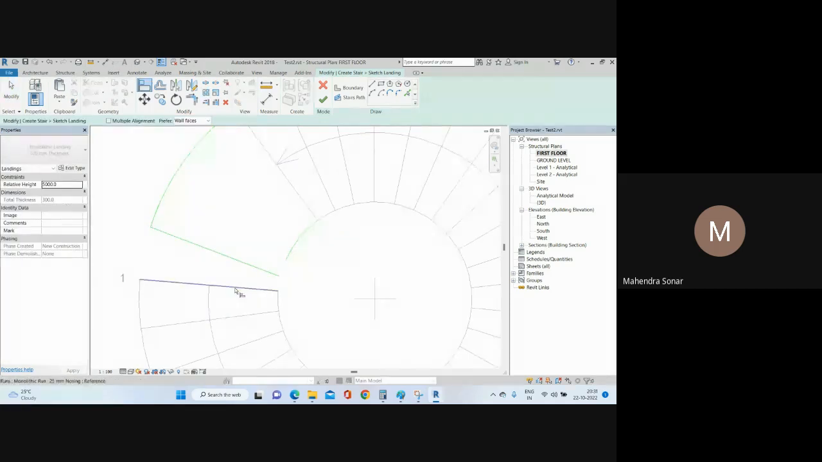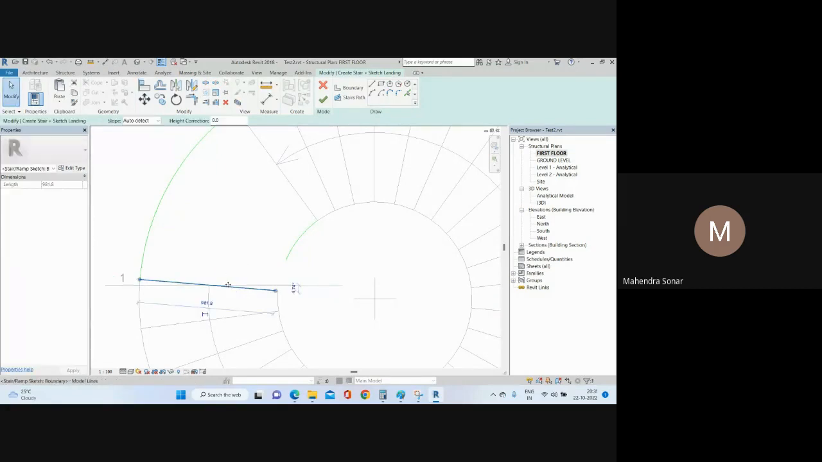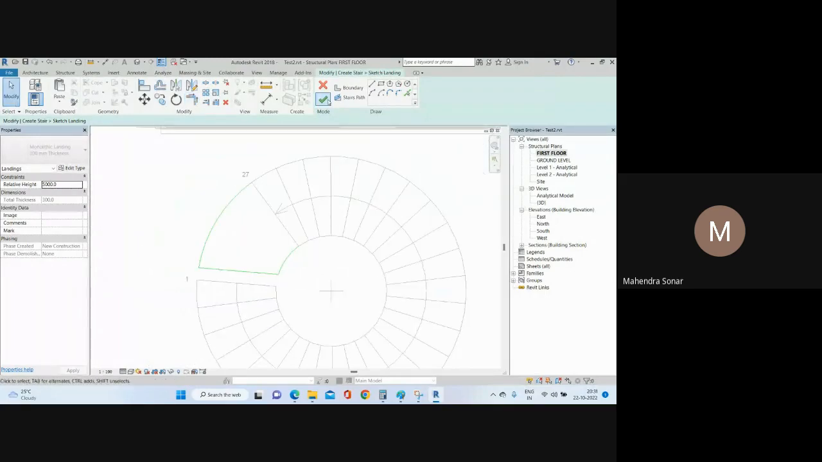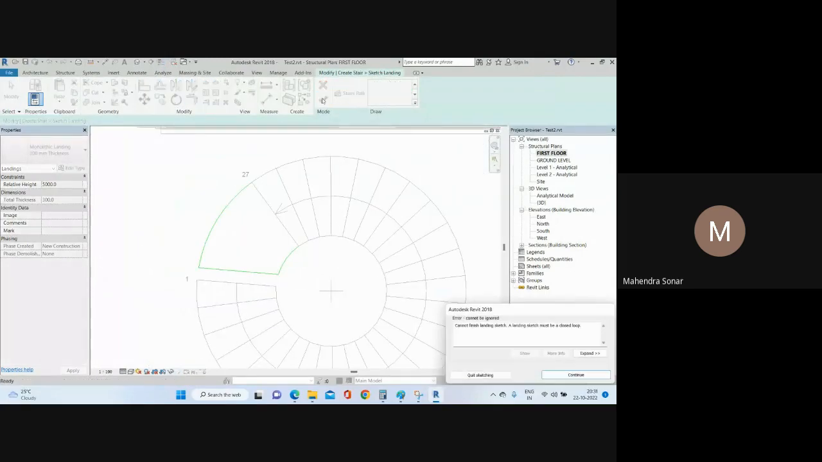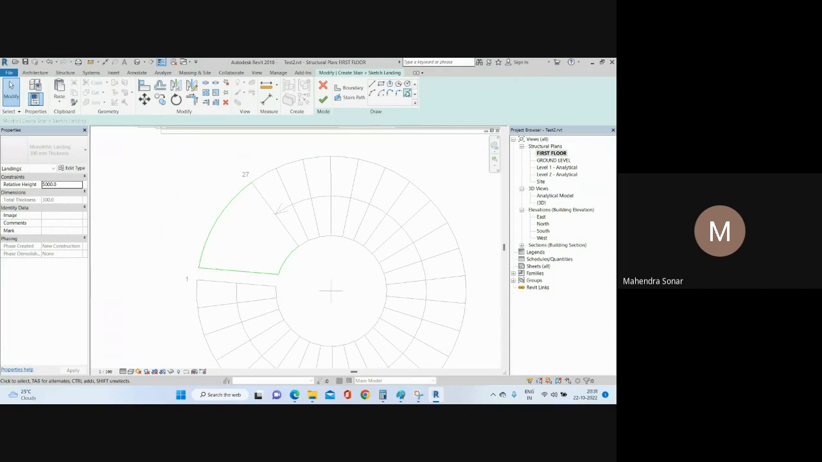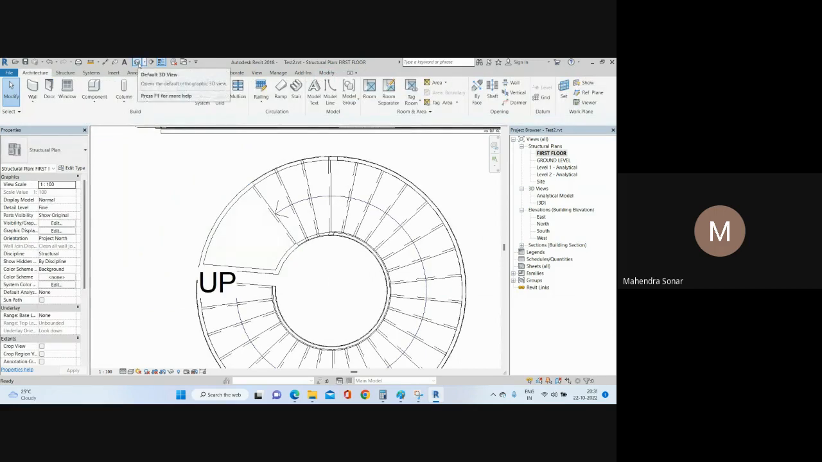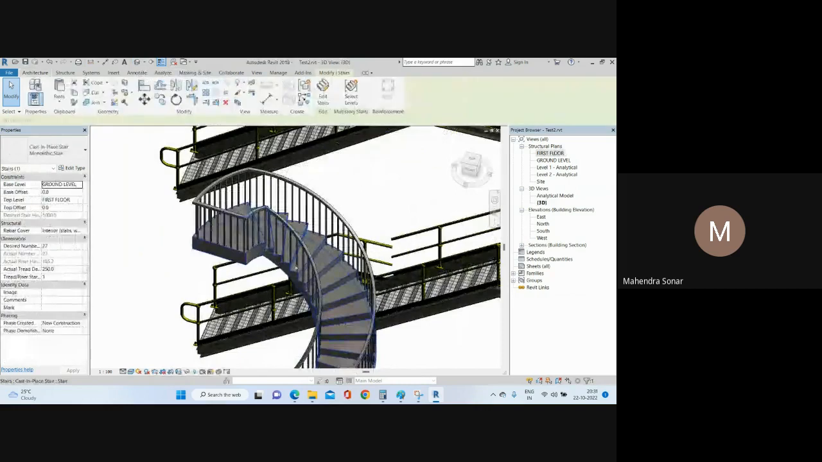or you can just align up to here and just trim. It depends on you which type of input you need to give here, and just click here OK. But you get the error here because your shape is not complete. So click here continue, and you need to give the edge here, and after that you can see the landing has been added completely. If you go to your model, so you can see